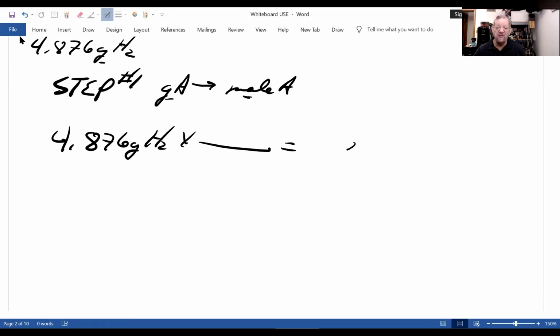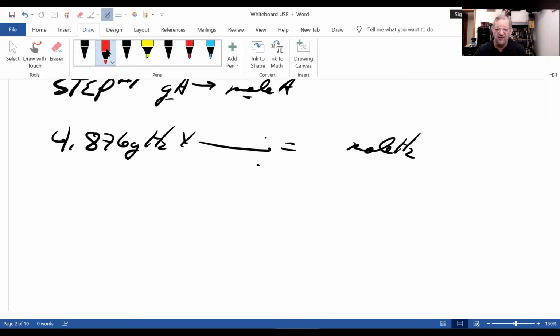And we want to get to moles of hydrogen. And how do you do that? I'm going to let you just try and figure out what goes on top and what goes beneath the ratio here and here. I'll give you 10.8 seconds. Go. Not numbers, just the units. Time's up.